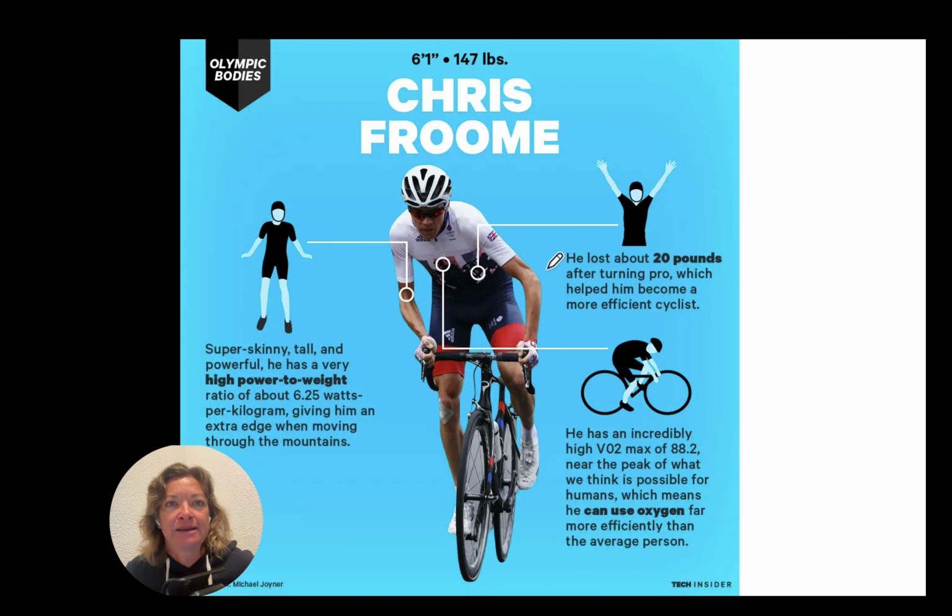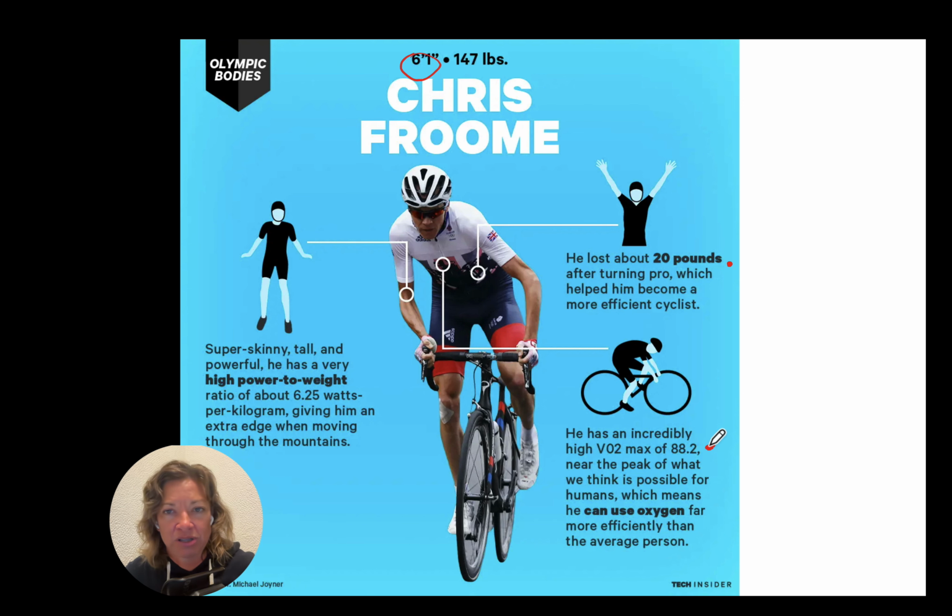Chris Froome, 6'1" and 147 pounds. After he became a pro cyclist, he actually lost 20 pounds. So this is a huge advantage for him in terms of cycling efficiency. He also has sort of one of the highest measured VO2 maxes. That means he can use oxygen really efficiently. And so both his weight, in the case of Chris Froome, this is interesting because his height is obviously a non-modifiable constraint. It is what it is, but his weight loss, and at least to some extent his VO2 max,